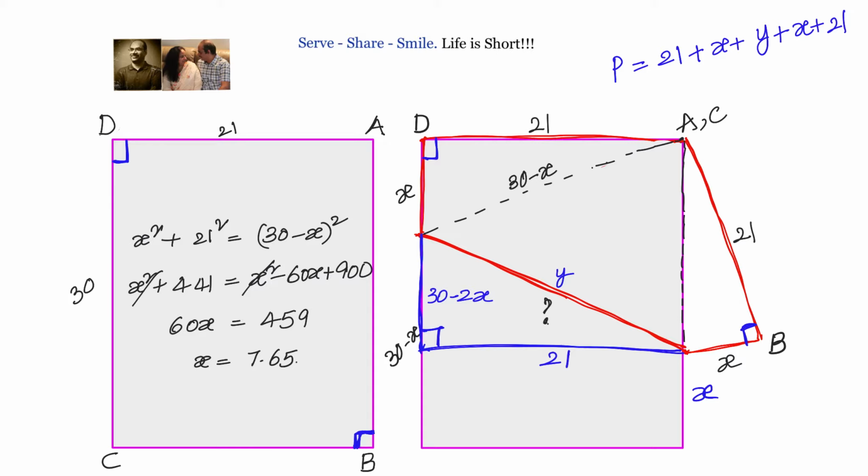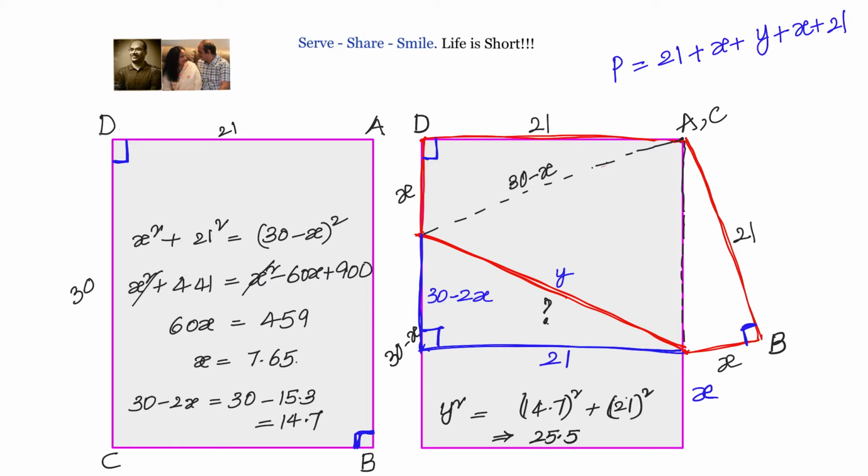Now once we know x equals 7.65, what will be 30 minus 2x? 30 minus 2x is 30 minus 15.3, which equals 14.7. Then let us calculate our y value. We know y square equals 14.7 whole square plus 21 square, which is coming from the Pythagoras theorem, and approximately that value is equal to